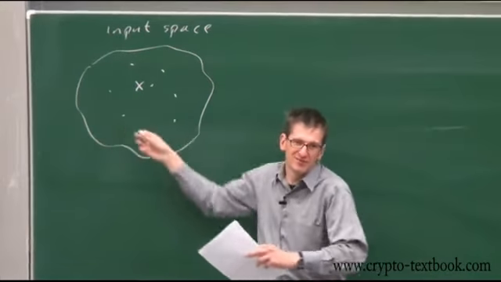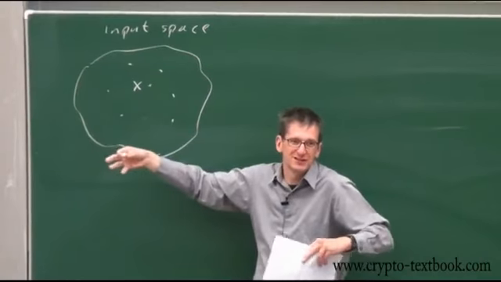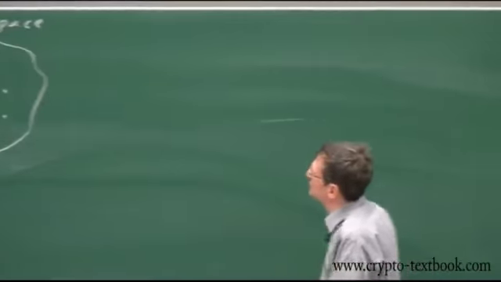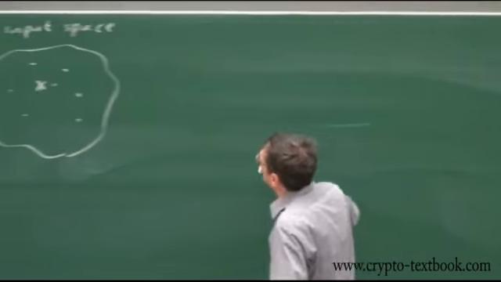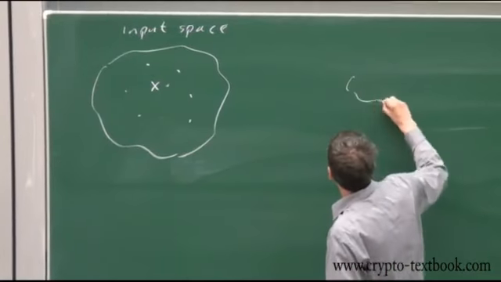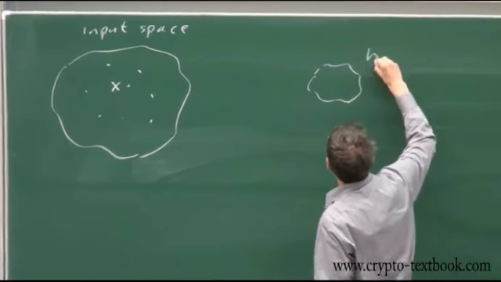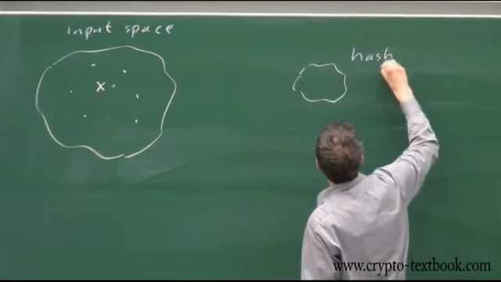I couldn't even close that because it's infinitely many, but let's just pretend for visualization that I could. So if this is the input space, the output space, let's call that the hash space if you wish,